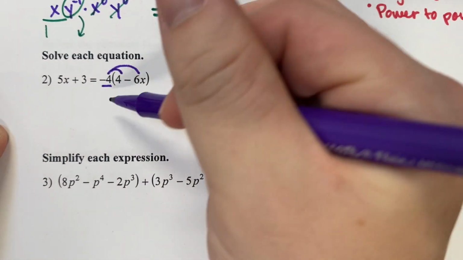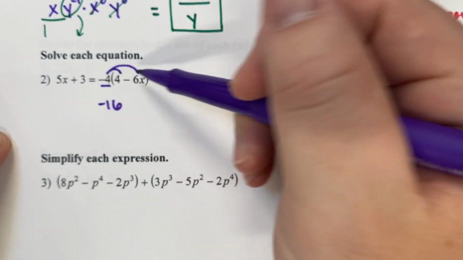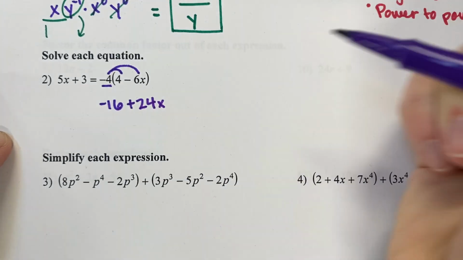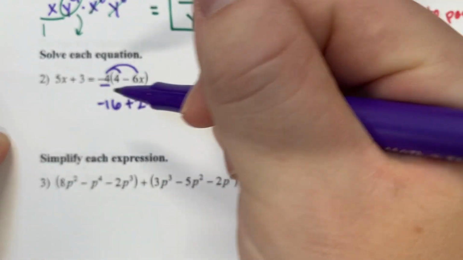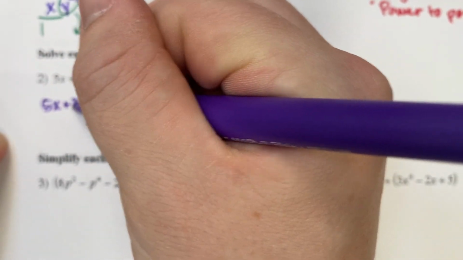So negative 4 times 4 is going to give me negative 16. Negative 4 times negative 6x is going to give me a positive 24x. So that's that side of the equal sign, and then we can just copy down the other side, 5x